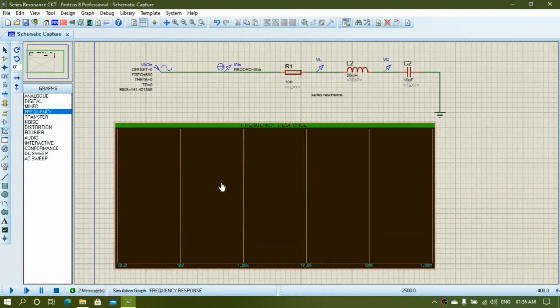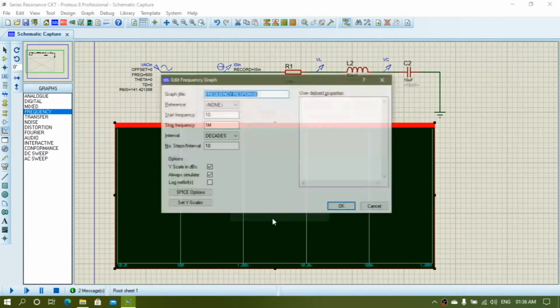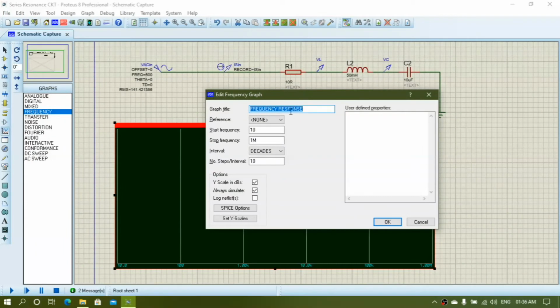Now your first job is to right click on the graph and edit the graph. First you will have to assign a reference for this graph, that means the reference x-axis. For our experiment, we take the frequency source, the sinusoidal source, as a reference, and our start frequency will start from 1 Hz, and our application frequency we already know, 500 Hz, and the interval should be in a linear manner.